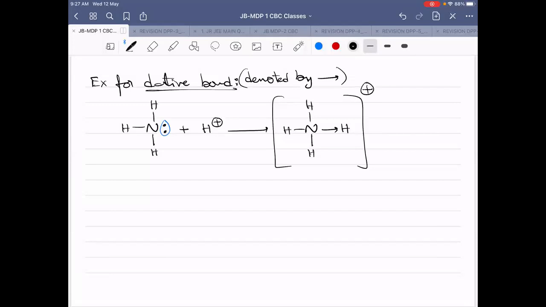Sir, another doubt, sir, how can we find charges in an electrovalent bond? See, I already explained this doubt. It is dependent on how many electrons each atom is losing. Got it? Sir, if there is one sigma bond, is it a single bond, and one sigma and one pi bond, a double bond? Correct?